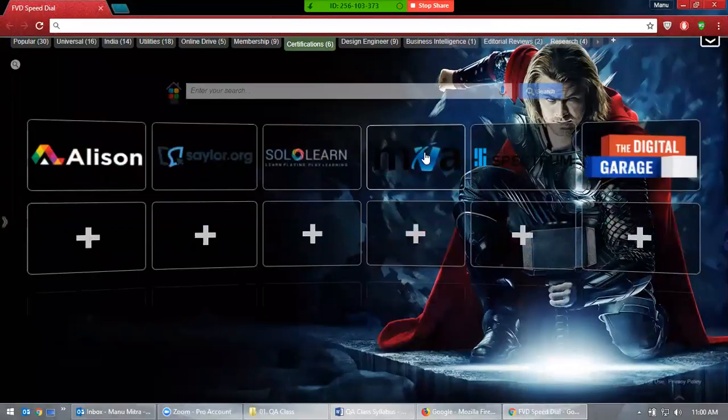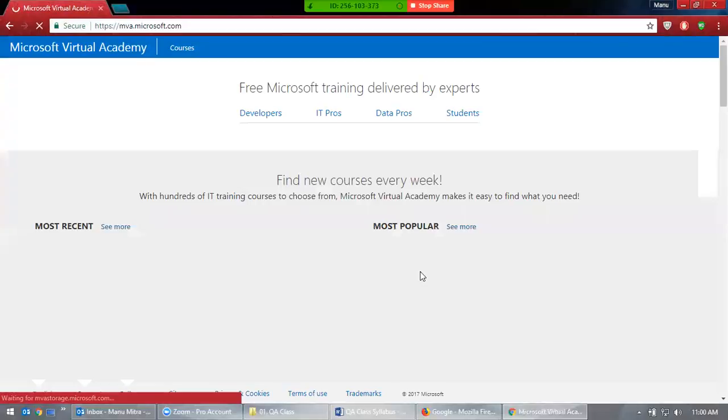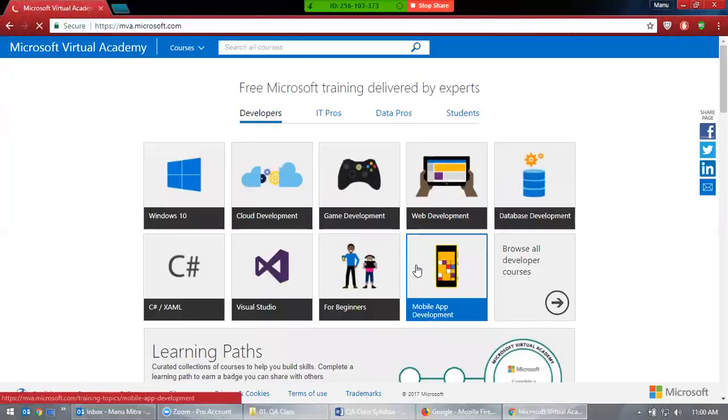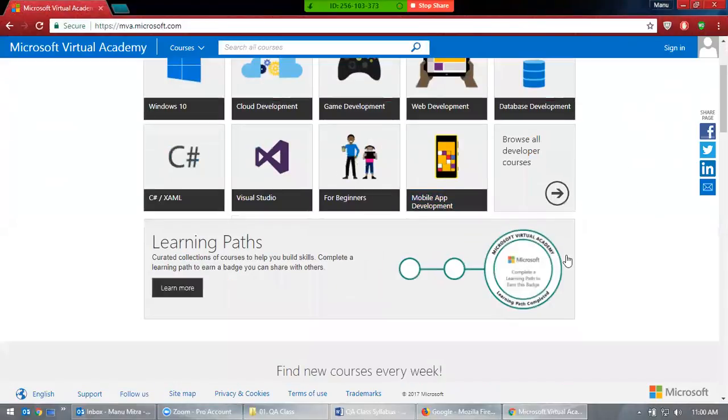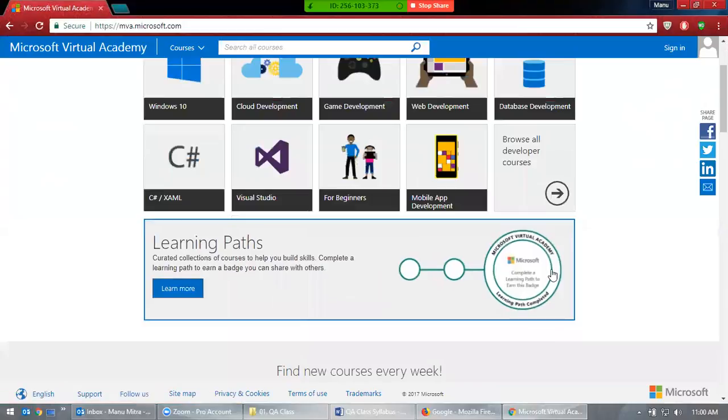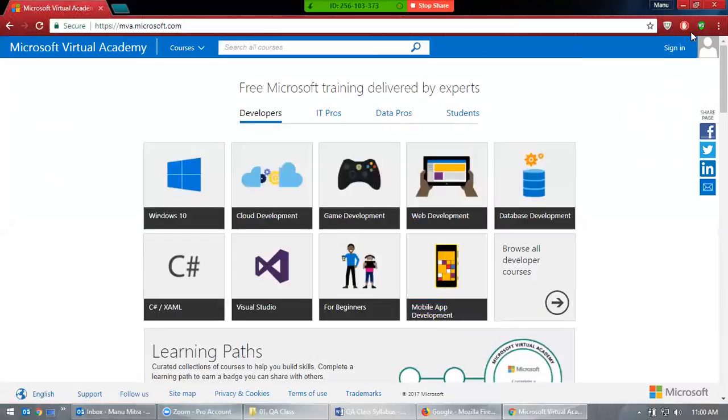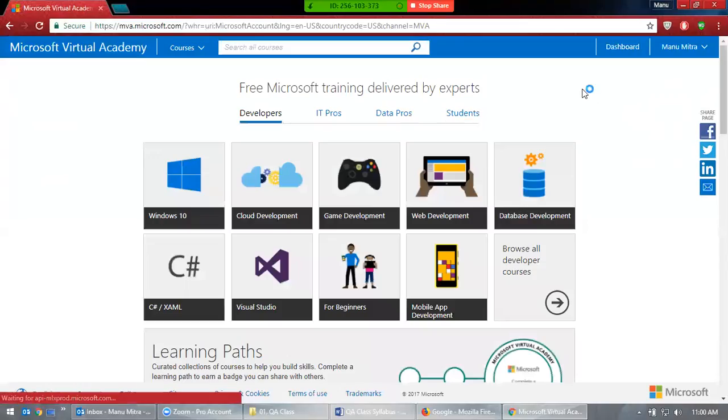So let's see here MVA. MVA is Microsoft Virtual Academy, where you can try this. Here we have a lot of things, and you will get some kind of certificate too. So let's try it. The only thing here is you need to have that Microsoft email ID, that's live.com or outlook.com. Okay, once you sign in with that,